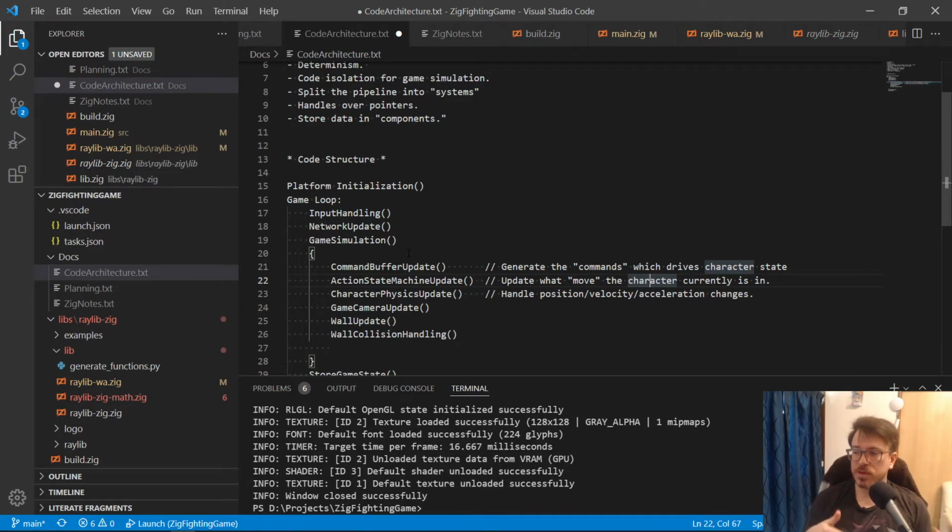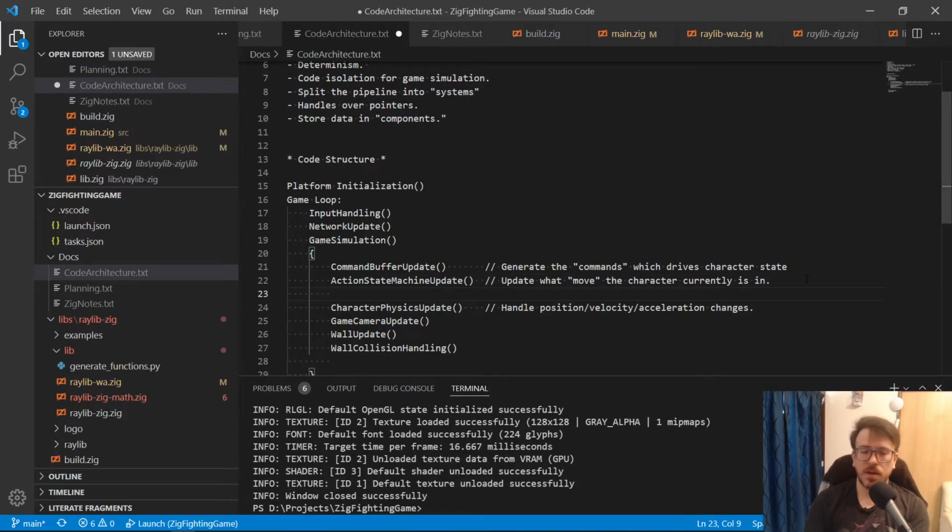You have an animation and then a frame within an animation. So you could easily render that by looking at, say, the game state. So what we need to do after the state machine is updated, and we could make it part of it, but here I'm going to say animation system update. So we're going to update the animation system after we handle the action state machine.